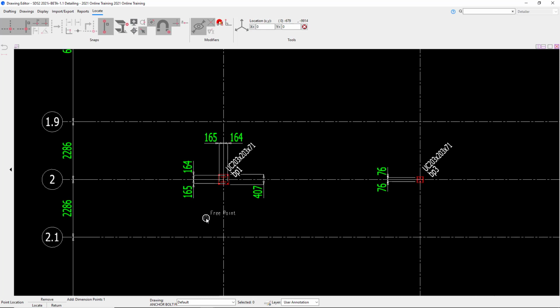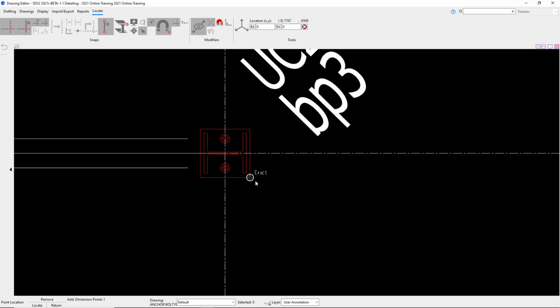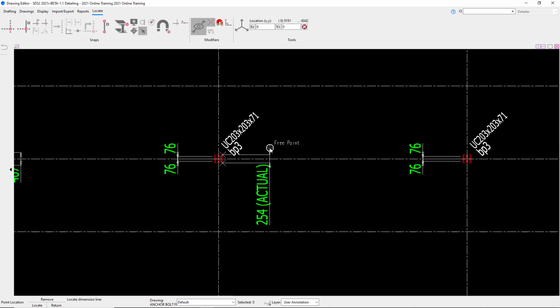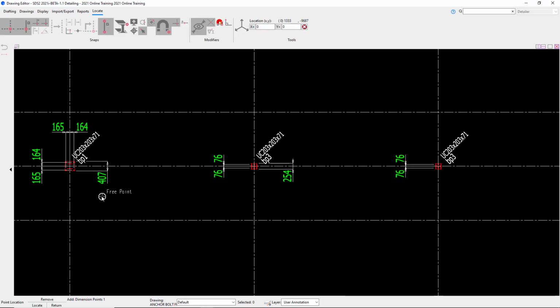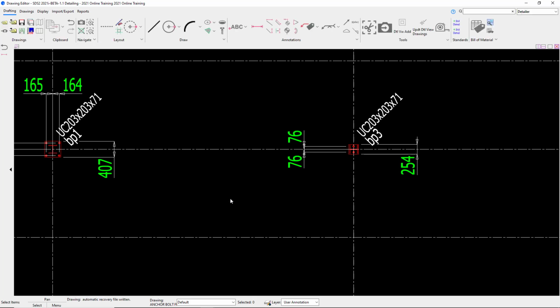Now as you can see, we still have our dimension add tool active because it wants us to select points. So I could come over here and I could pick another point to add a dimension. So let's say we just want to do this one. I could do the same thing. I could locate that dimension here. I want that to be vertical, so I'm going to move my mouse up. And then I just want to escape on my keyboard to get out of that. And now we have our 2 dimensions added in for those base plates. To get out of the add dimension tool, we can just escape on our keyboard,